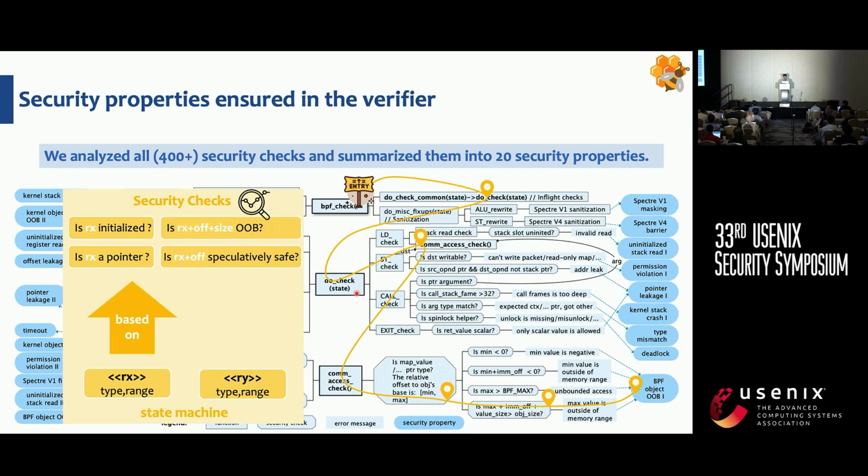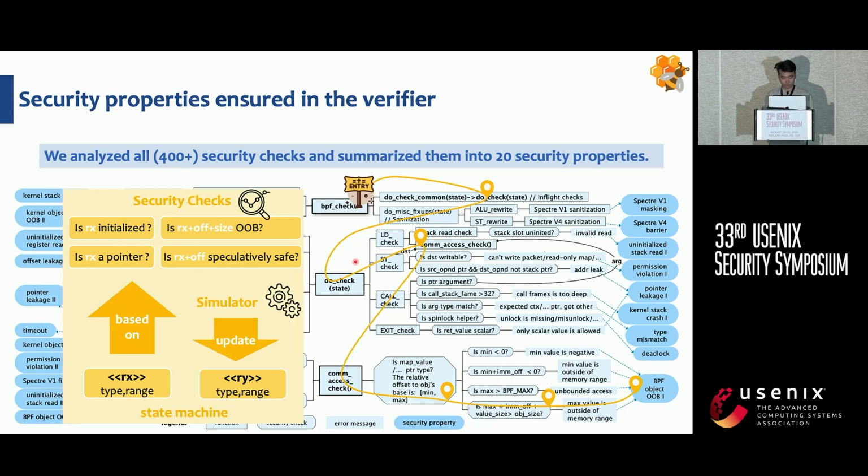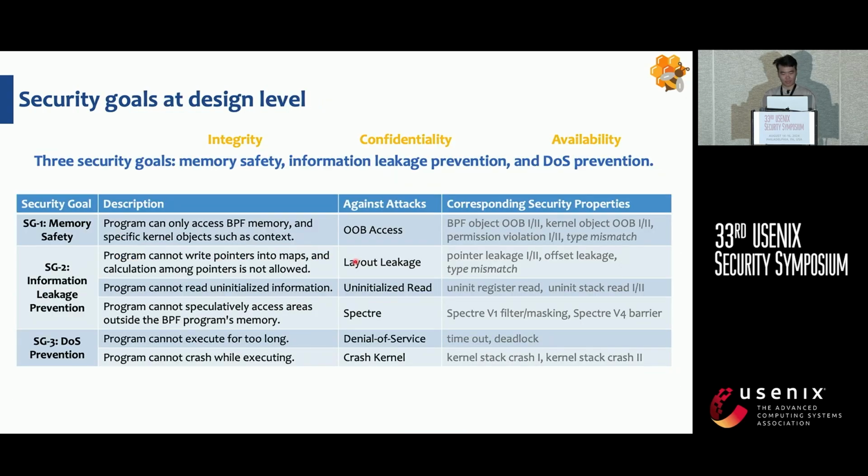For example, for the load instruction, it will check if the source register is initialized and must be pointer type. Then it ensures the memory access is in bounds. If the instruction passes the check, the state machine will be updated. We can see these security properties are at the implementation level. So based on them, we summarized the security goals at the design level, corresponding to the kernel's integrity,